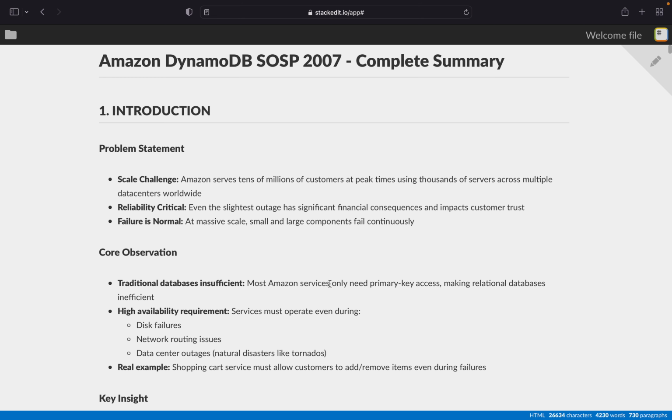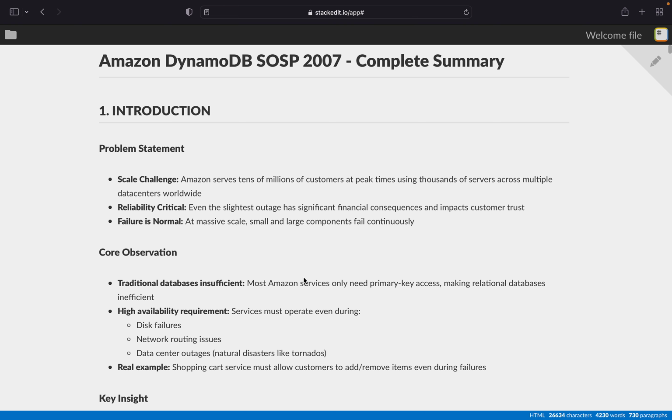Going through the Amazon DynamoDB paper that was published in, I guess, 2007. First of all, we'll cover this whole paper part-wise, and in this video I'll cover the requirements part only, and then next we'll see the system architecture of it. So let's go ahead and see